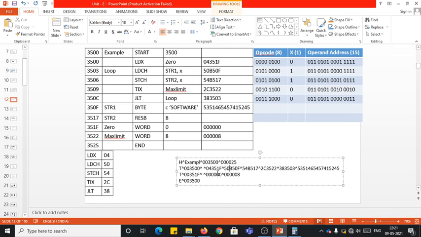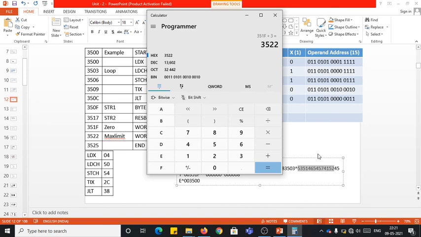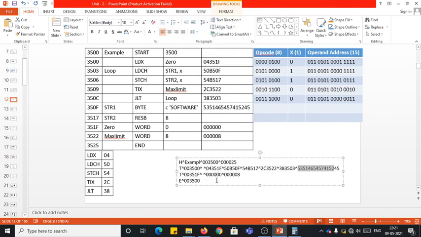Now find out the length of the first text record. It is 3 plus 3 is 6 plus 3 is 9 plus 3 is 12 plus 3 is 15. 15 plus this is totally 8 bytes. 15 plus 8 in decimal is 23 bytes. In hexadecimal it is 17. And the length of the second text record is 3 plus 3, which is 6 bytes.